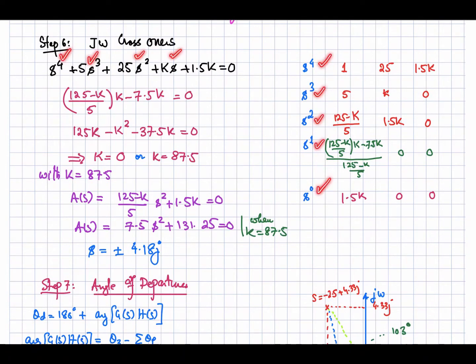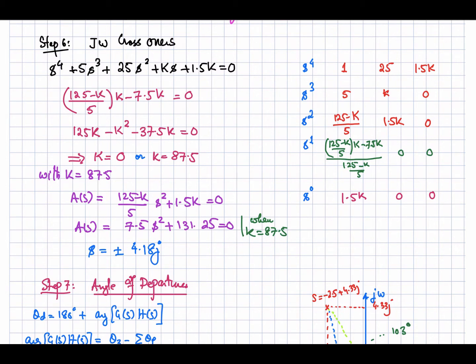So here you can see the Routh table, s power 4, s power 3, 2, 1 and 0, starting from here. With s4, s square and s power 0, we have these terms 1, 25 and 1.5k, and with s3, 5k and 0. So 5 into this one minus k divided by 5, you will get this entry. Then 5 into this minus 0 divided by 5, you will get this entry. And then this multiplied with this minus the product of this one divided by this pivot entry, so you will get this expression, and over here there will be the 0 entries. Then this multiplied with this minus 0 divided by this, so you will get 1.5k. So this is the Routh table.